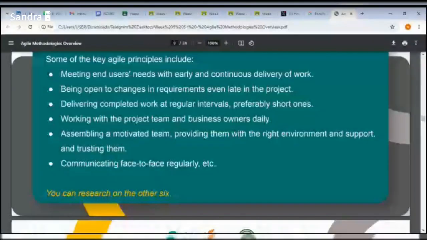Communicating face to face regularly. Something I usually do. I don't think I've ever worked with any on-site team. All of my teams have been remote teams. But something I ensure that I do is that we constantly meet face to face. We constantly have on-site meetings,